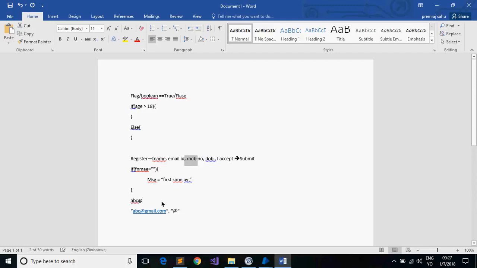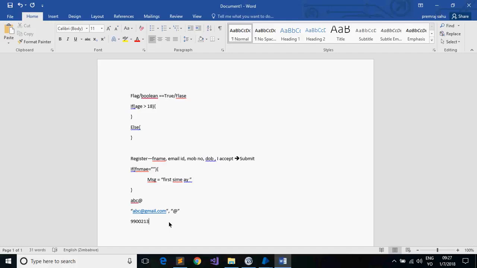Again, you can validate a mobile number, and you can check if the mobile number is at least 10 characters long or not. So 99000213, something like this. If someone is putting this, you can calculate the length, and if the length is not equal to 10, then you can put a validation message that the mobile number should be at least 10 characters long. Okay, so all this validation that you are doing, the length check, InStr with @,